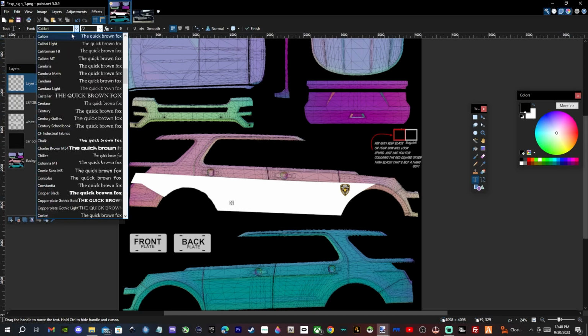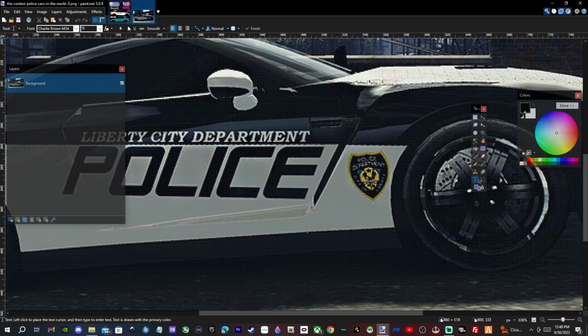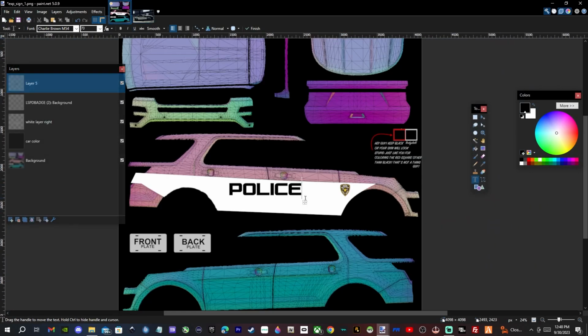All right, and we're going to change the font as well. And we are going to type police, okay? That's pretty big and it's stretching throughout the car here. So we're going to change the font size to 100. All right. Once we have it kind of like that right there,